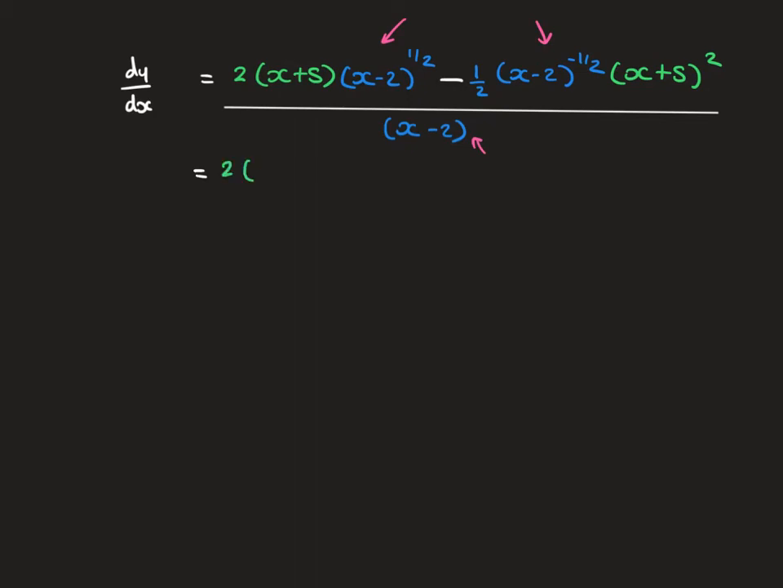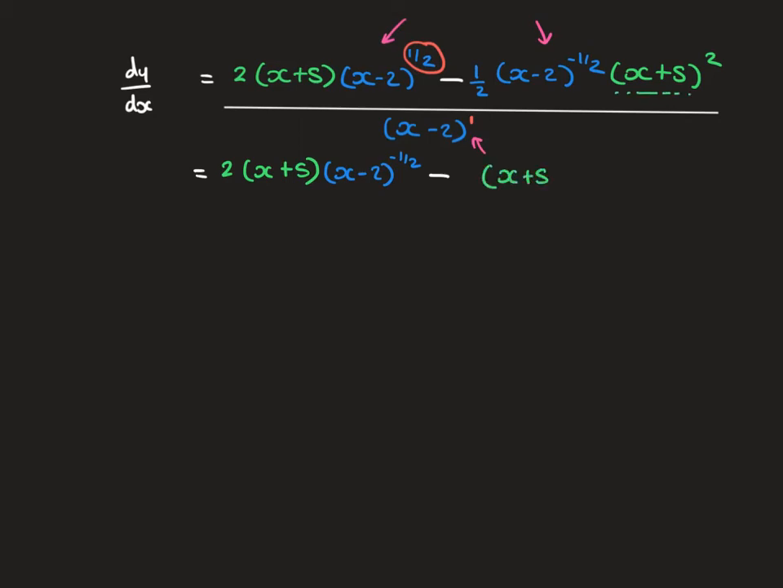So I have 2(x plus 5), and then here I've got (x minus 2) to the power of a half being divided by (x minus 2), which is raised to the power of 1, effectively. So subtract the powers because it's a division, and I will get (x minus 2) to the power of negative a half. Subtract, and then again I'm going to just write in this part here,